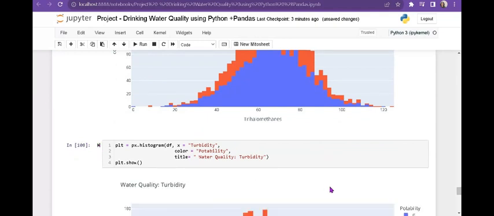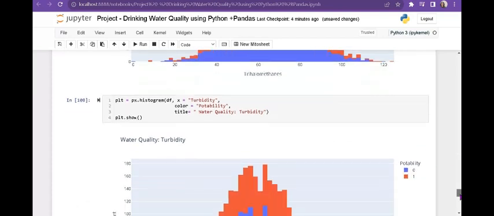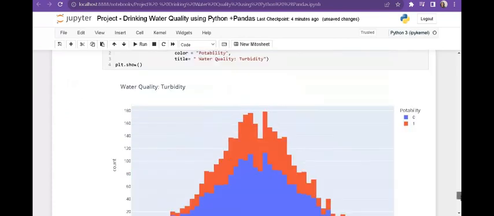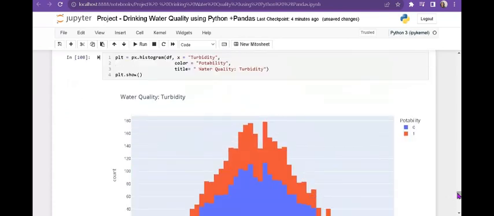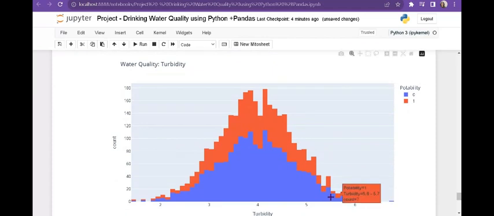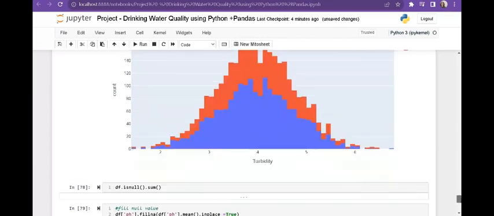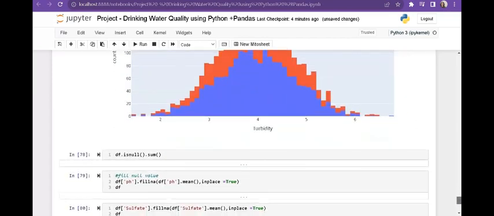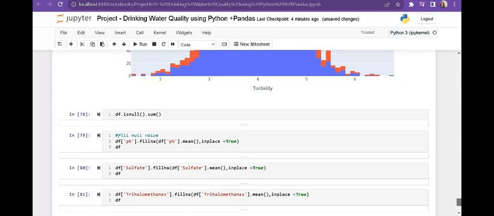And the last is turbidity. So turbidity is 5.5 to 5.6, and this one is 4.1 to 4.2. So we measure the water level. Now next,